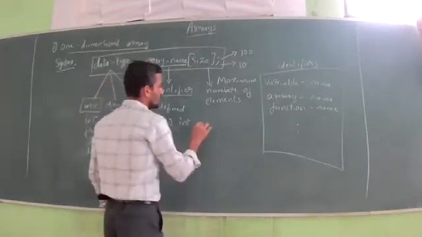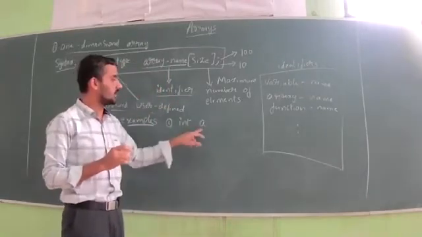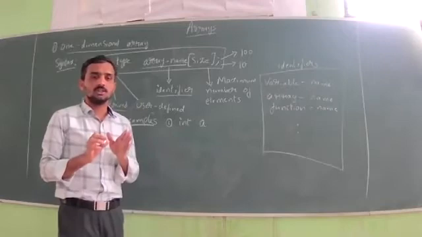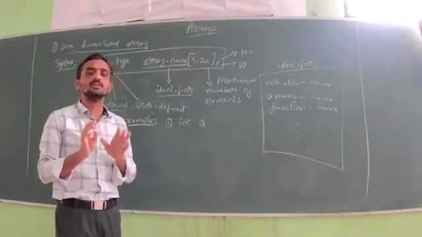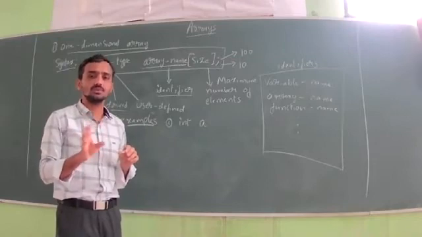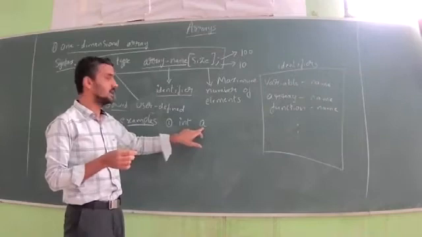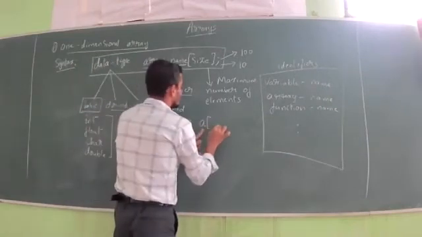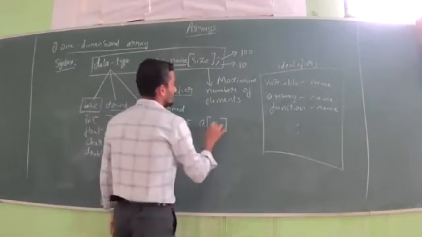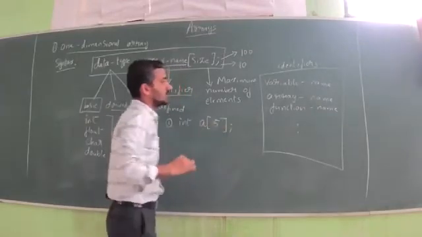So if I write A, it is a correct, valid identifier, because an identifier can be a single letter. When you consider a single character, it should not be a digit. The starting point should not be a digit, and you should not use any keywords. You just remember all the keywords, then you can write the identifier. So I have considered A. Then you mention the size, say 10, or you can say 5, so maximum 5 values I can store.